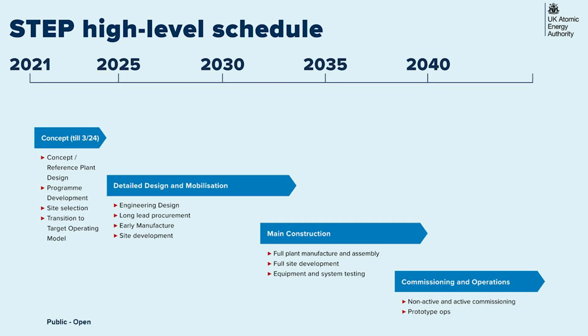And I'll just finish here with, this is what we're trying to achieve. So we're here in this phase at the moment. You can see we've got a long journey to go. I'm not going to promise you electricity by 2028, I'm afraid, but our target is to put energy on the grid in the 2040s, targeting as early in that decade as possible.